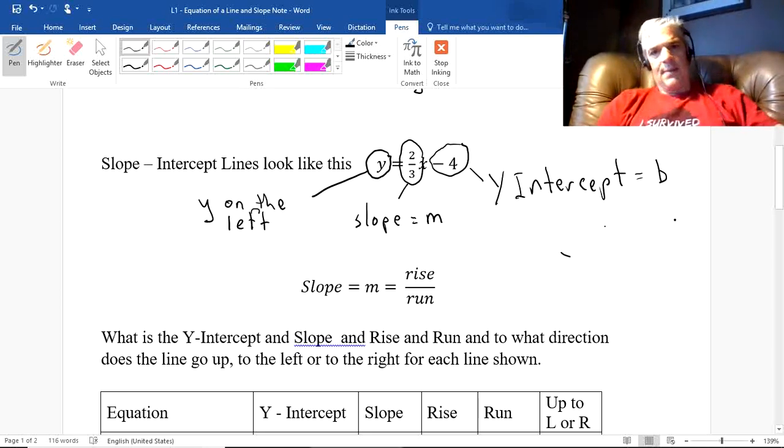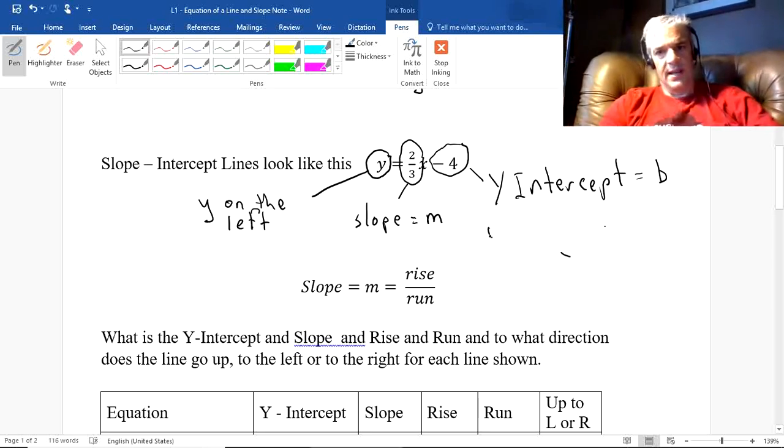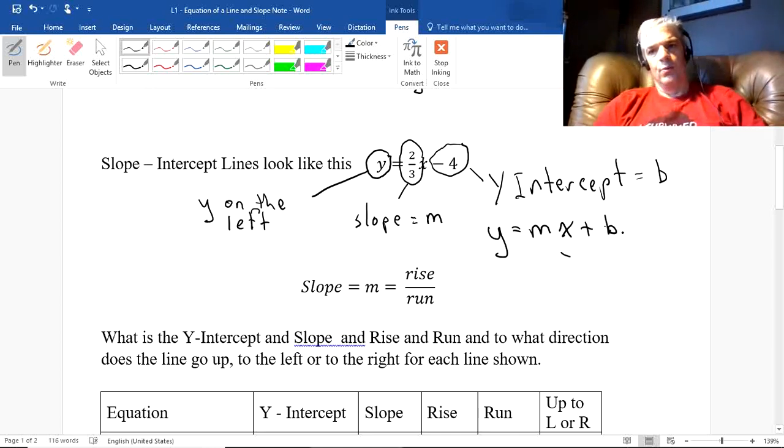I don't know why, but they just came up with these two letters. M, I think, was selected because S looked too much like a 5. And they didn't want to confuse it with the value of a Y, and they wanted one letter, so they just chose the letter B. Sometimes you see these equations written like this, saying Y equals MX plus B, which is a format for representing